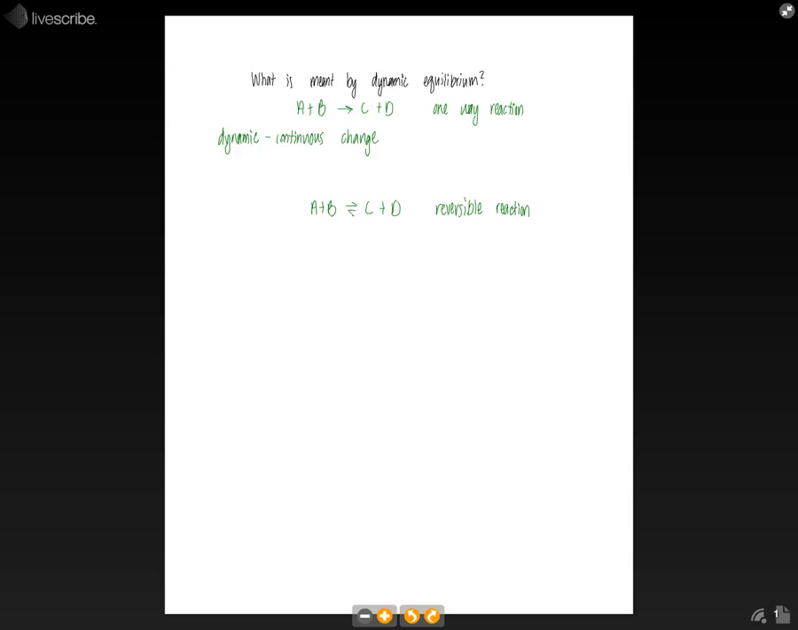And then equilibrium means steady state. So normally we would think of steady state to mean no change is occurring, but we just said dynamic means continuous change. So the way that we can understand the phrase dynamic equilibrium is to think about the rate of formation. So basically what this means is the rate of products forming